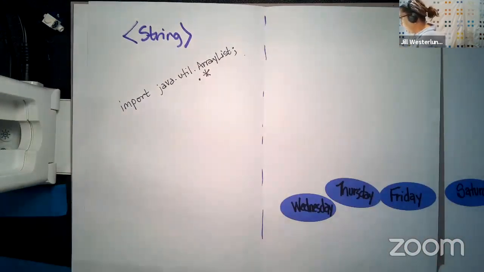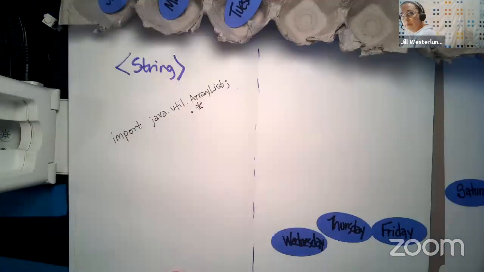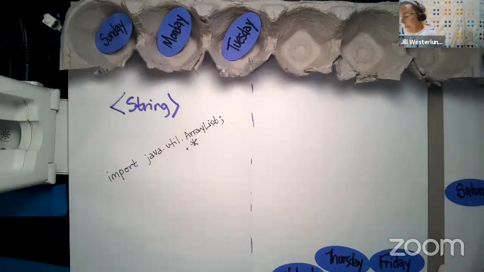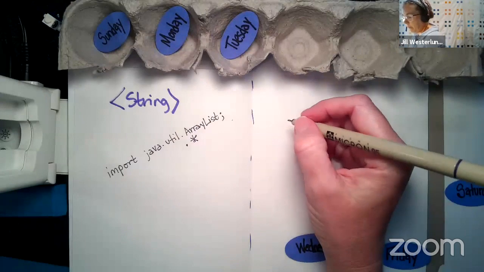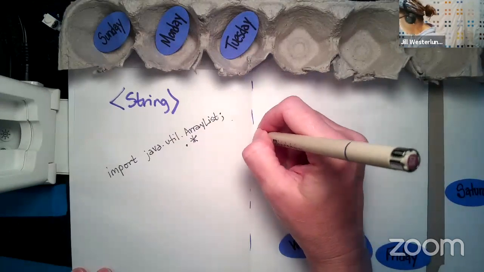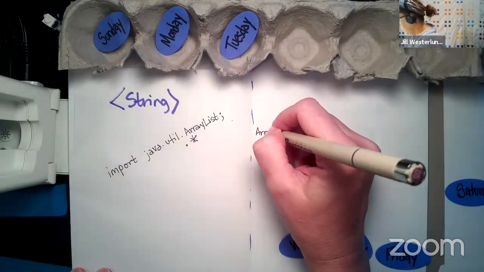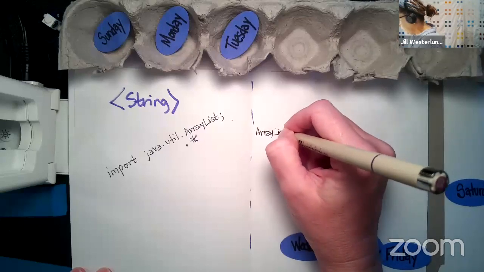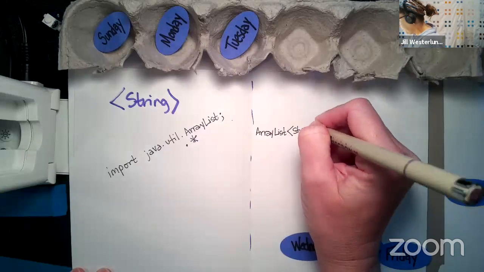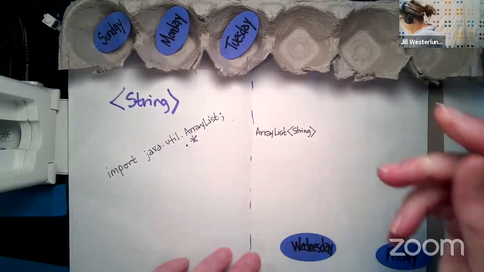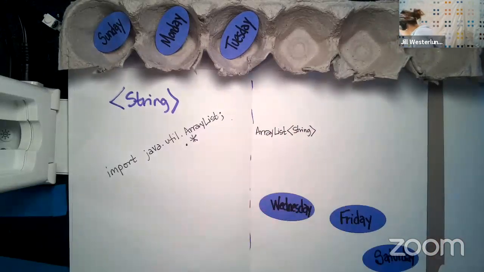All right, so we have this array list that we want. I'm going to put it up here, how about that? And then I'll write down below it all of our days of the week. And there's a couple of things that are unique about it. First of all, we want to declare the list, and this was covered a couple of weeks ago. We want to tell Java that we want an array list of the String type. And since it's going to be days of the week, I've lost Thursday.